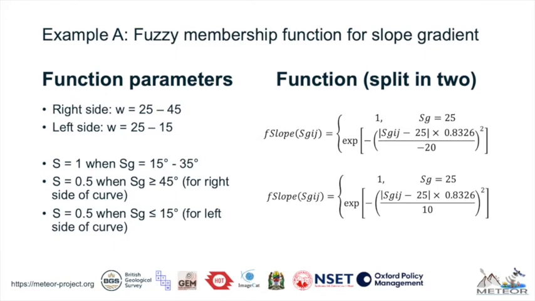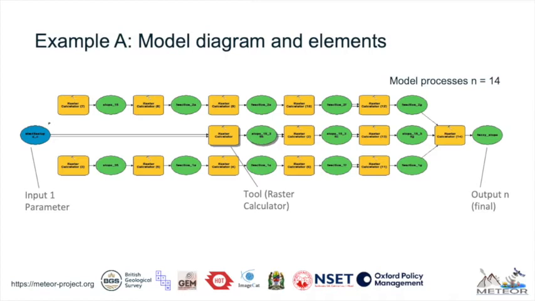These numbers are then transferred in their corresponding fuzzy function and implemented in the model builder. Model builder uses a model diagram to stream and visualize the entire process. The diagram in this slide is composed of the following elements. In blue, the input parameter, in this case the slope map with values in degrees. In yellow, the tools, here the raster calculator in which the fuzzy function is implemented sequentially, and finally in green,